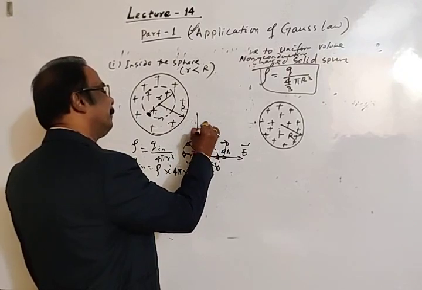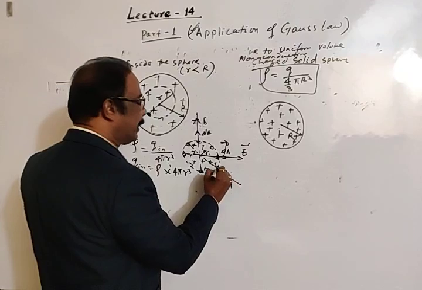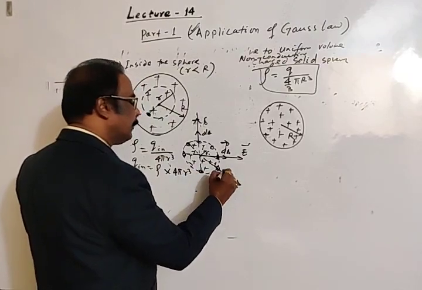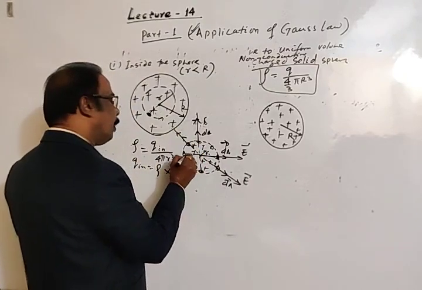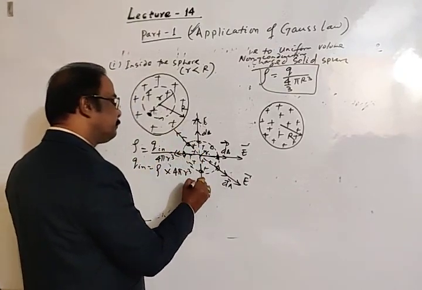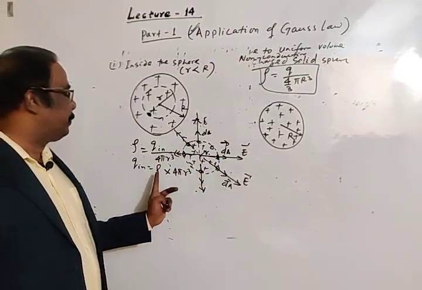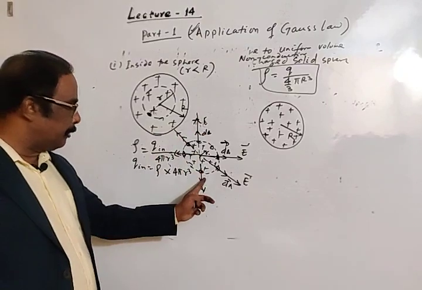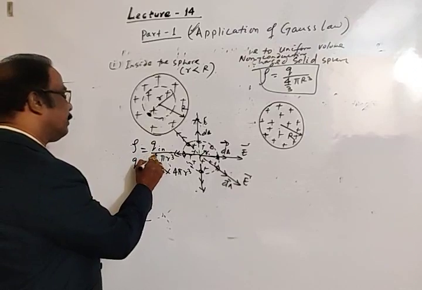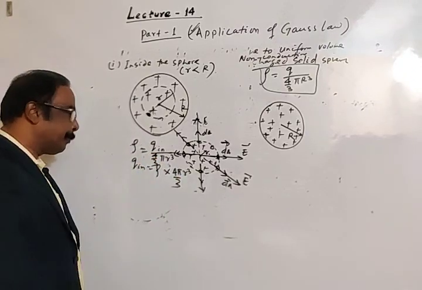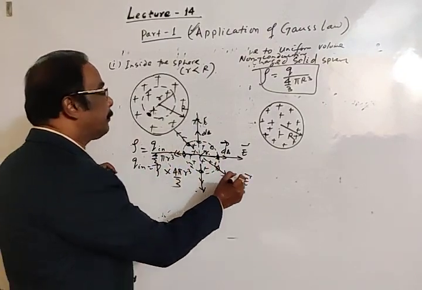dA, the elemental area vector, points radially outward, and the electric field is also radially outward, and so on, in all directions, as you may imagine. The charge inside this imaginary sphere is the uniform volume charge density times the volume, which is 4/3 π r cube. Okay. Now, applying our concept,